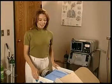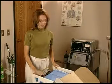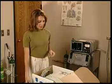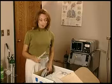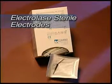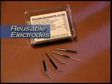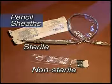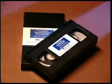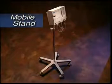Now that you've opened the box, let's go through the contents. Your ConMed Hyfricator 2000 comes packaged with a variety of items: a warranty card and operator's manual, the unit itself, the remote control power pencil, the power cord, and a wall mount kit. Other ConMed accessories available through your local medical distributor include electrolased disposable electrodes, blunt and sharp, a wide variety of single-use and multi-use electrodes, sterile and non-sterile pencil sheaths, a videotape of common dermatological procedures, a mobile stand which allows you to move the ConMed Hyfricator 2000 around more freely,